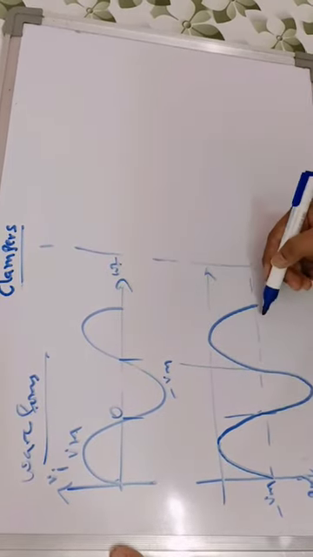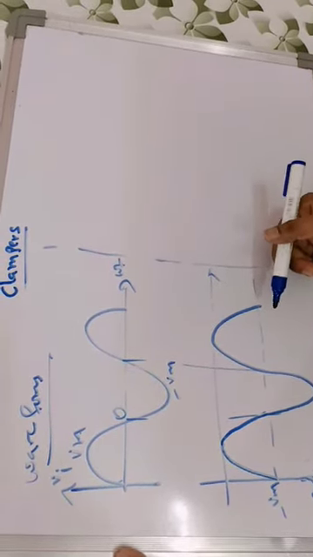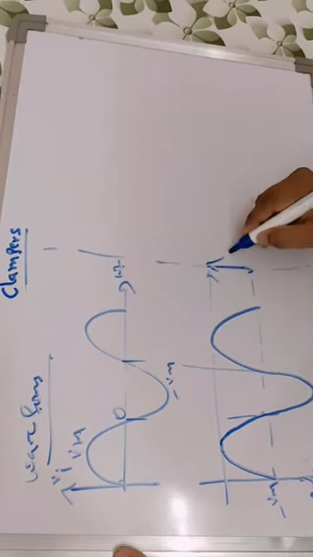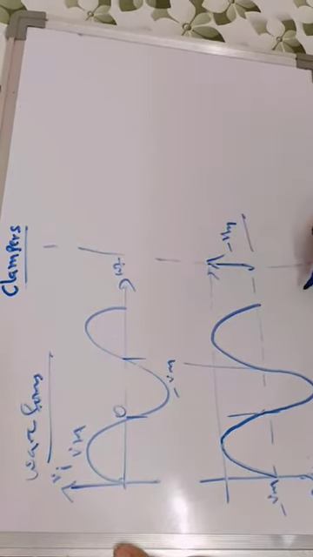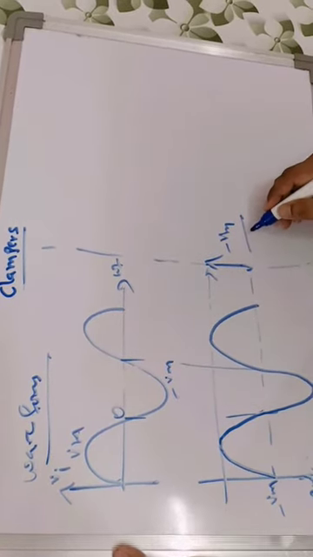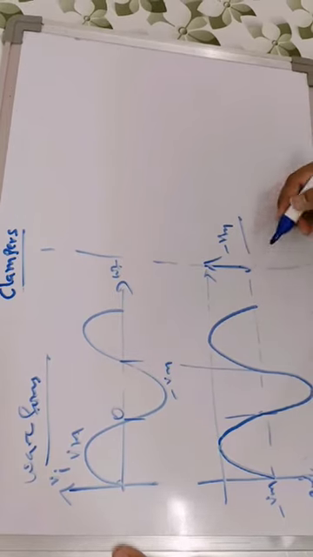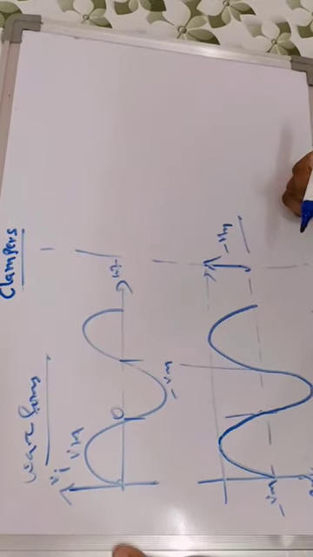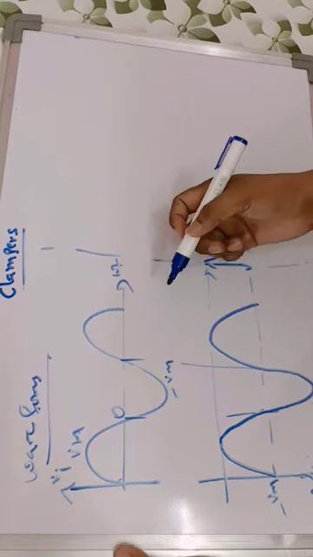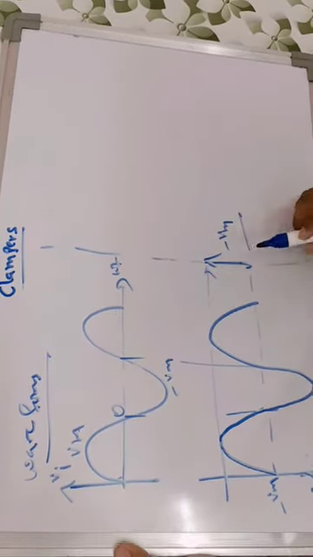The resultant signal is not a distorted signal, it is the same as the original input signal, but the amount of DC shift is minus Vm. So this is called a negative clamper, in which the DC level shift is minus Vm. Generally this type of circuit is used to reduce the interference from other signals. So to reduce the interference, we do the DC shift, either a positive DC shift or a negative DC shift.